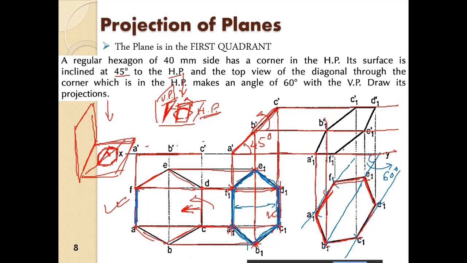Again from A1 we obtain A1 dash, from B1 we obtain B1 dash, all right, then from C1 we obtain C1 dash, all right, and from D1 we obtain D1 dash, and from E we obtain E1 dash. Okay,